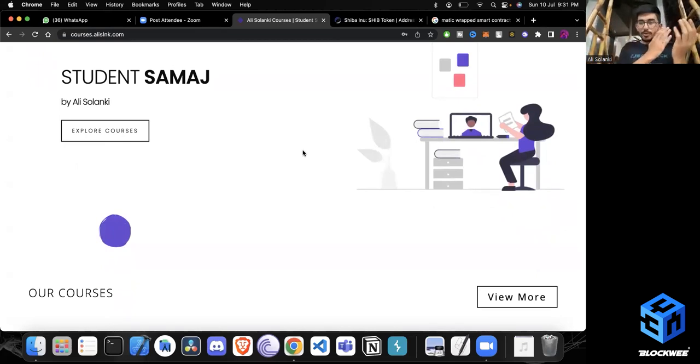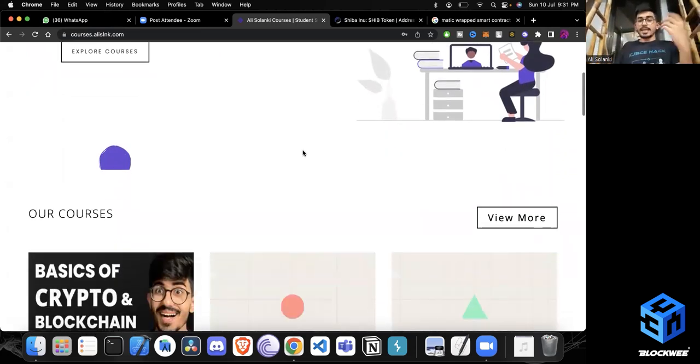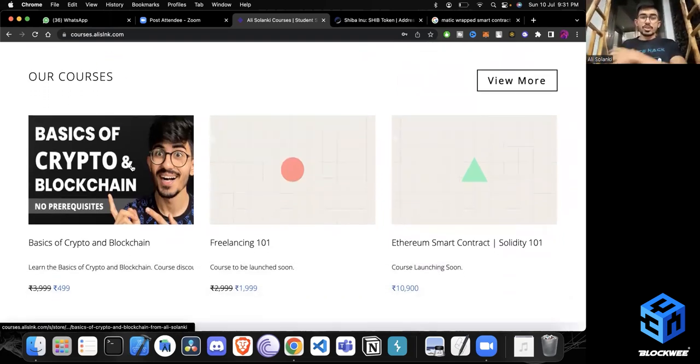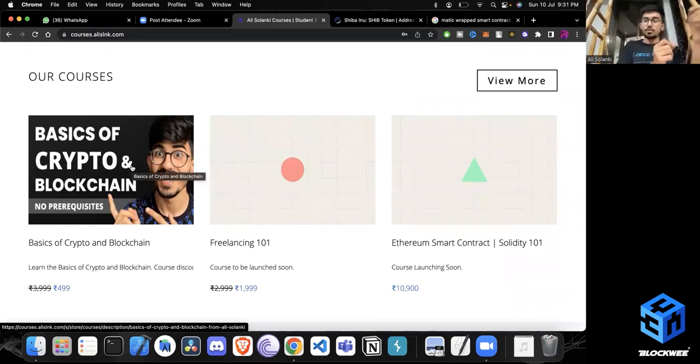क्योंकि जब तक तुम्हें वो सब चीजें नहीं पता, you don't know what transactions are, how these blockchains are made, what is a blockchain in the first place, ये सब चीजें नहीं पता होगी तो फिर उस पे कोडिंग कैसे करोगे? So uske liye, this is the very basics and the first step you take into the crypto and the blockchain world. It does not require any prerequisites to be honest,